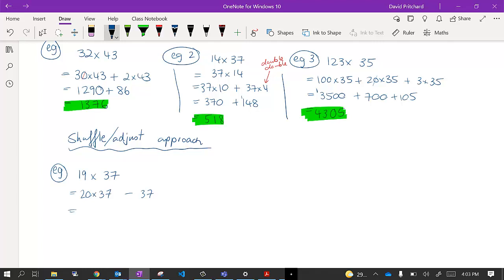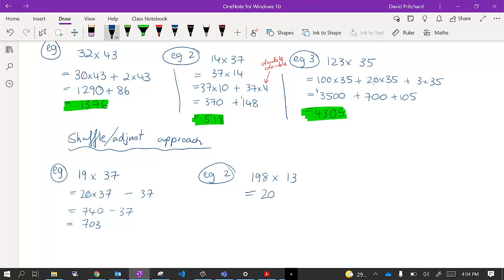So here I will go 2 times 37 is 74, and then we can put that 0 back in. So 740, take away 37, and that's a nice easy calculation for us. That's 703. Another one where this would be useful, let's say we've got 198 times 13. So I know that 10 times 198 and 3 times 198 is a little bit painful, but if I go,